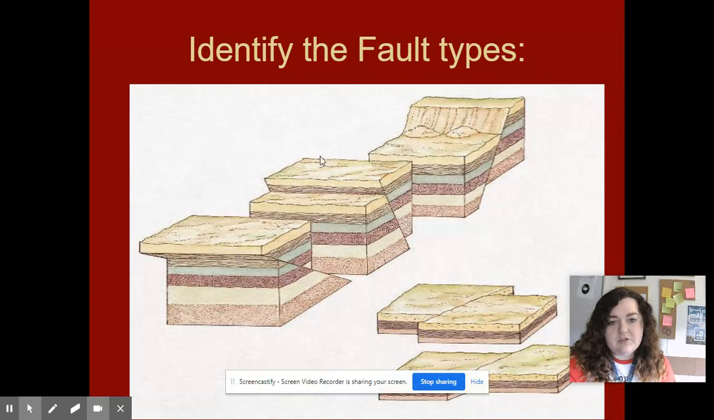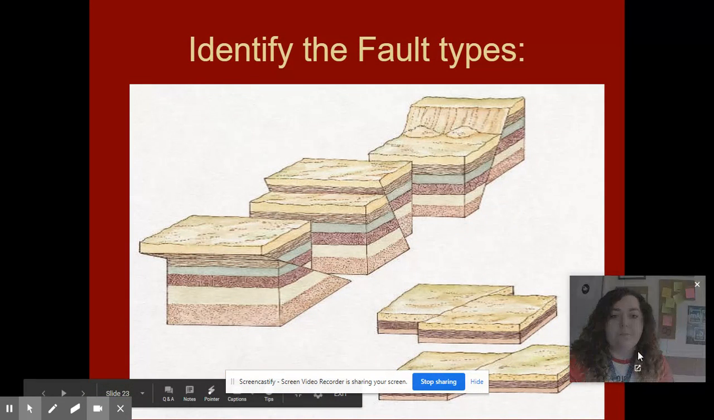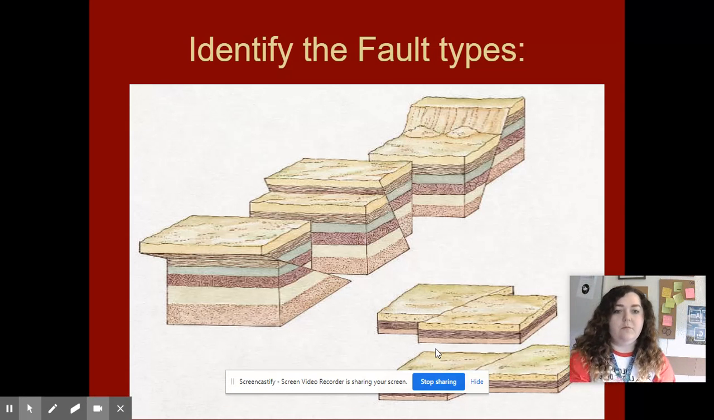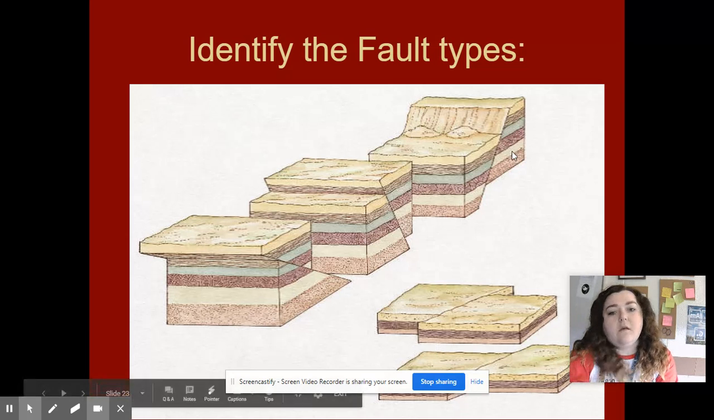So in this image here, we have the different types of faults. Down here, we automatically know what that one is. It doesn't move up or down. It goes side to side. So that's going to be your strike slip fault. And then